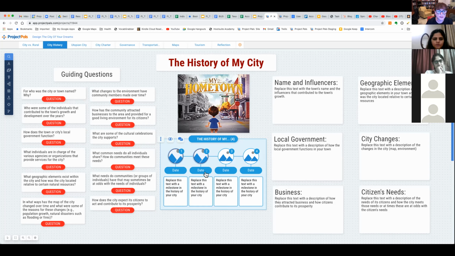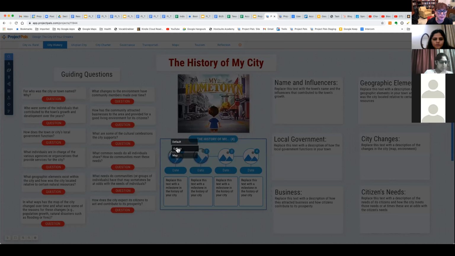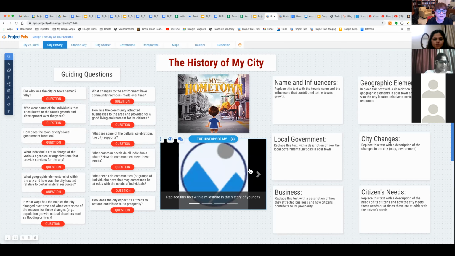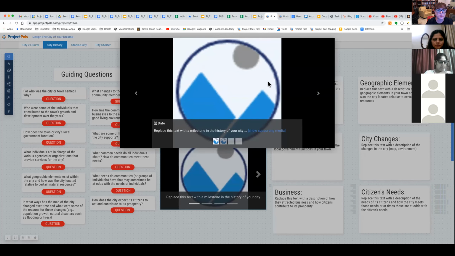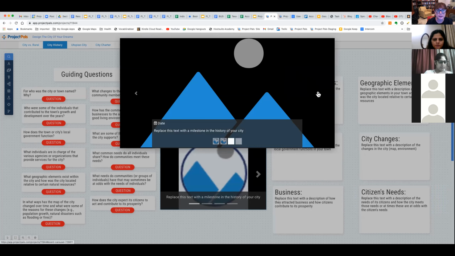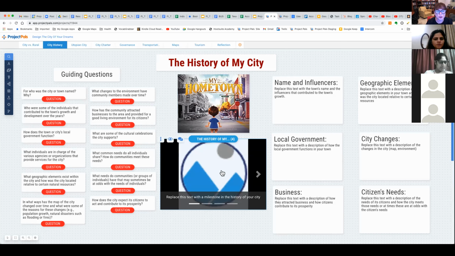This shows the steps, but you can also show it in a gallery mode. In a gallery mode, you see the image big. In this case, there is no image, just an image placeholder, so you will not be able to see it. But when you have images here, in a minute I'll show you one that has images, you will see the images big and the text underneath small. And finally, you can